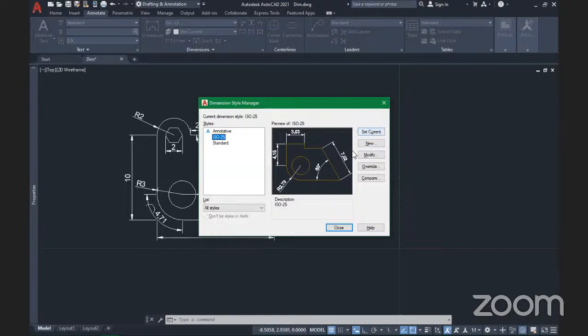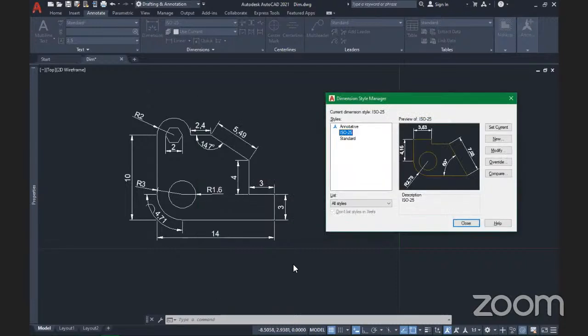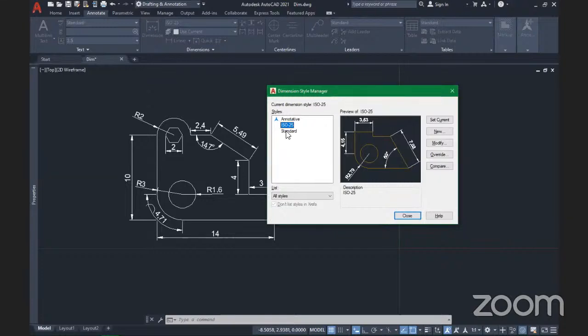This set current will actually set, after you've done your settings and all that, you need to click on set current if you want it to be activated on the drawings. So you need to click on set current after setting or modifying the settings. So in this case, you want to create a new